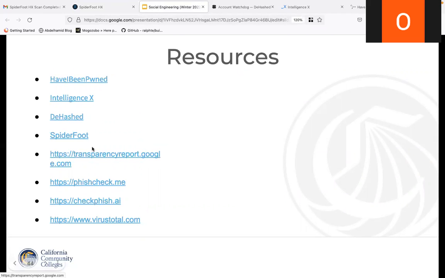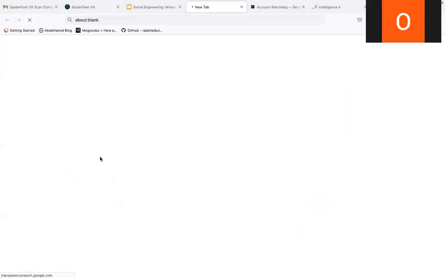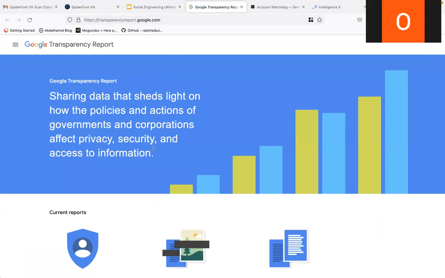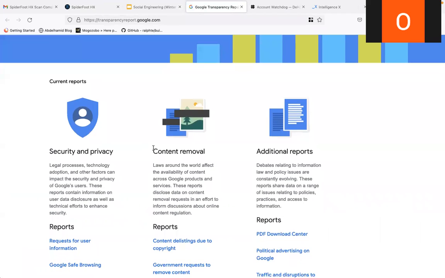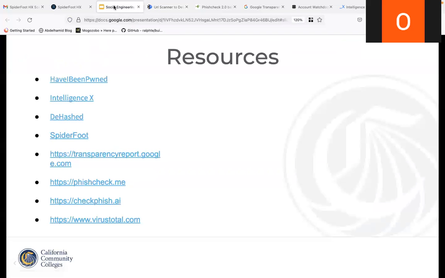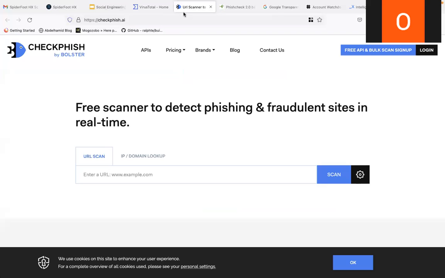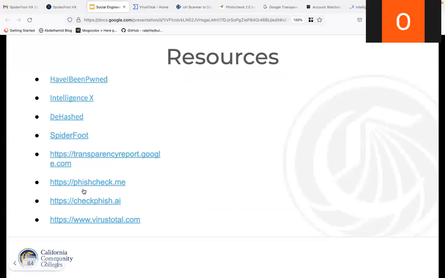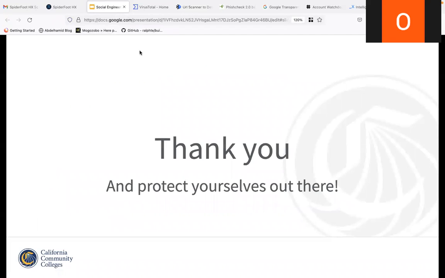All right. So the next resources pertain to phishing. There are different websites where, if you're skeptical about a URL you're sent, you could actually run it through one of these tools and see if it's been connected to phishing attacks in the past. I'm not sure about the reputation of these two. I have used it in the past and it was able to detect phishing URLs.